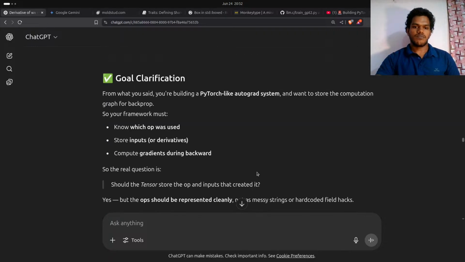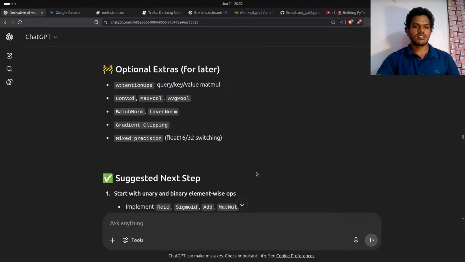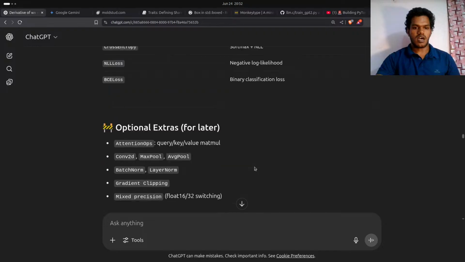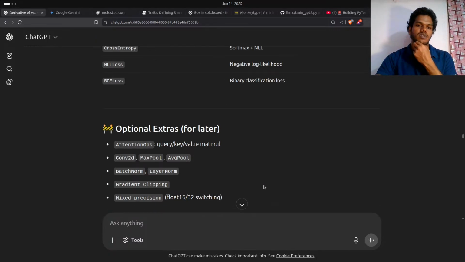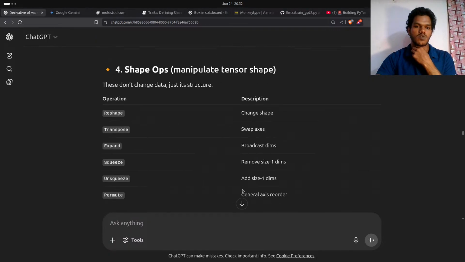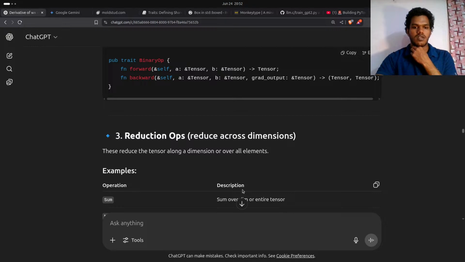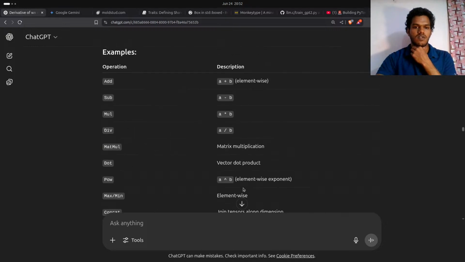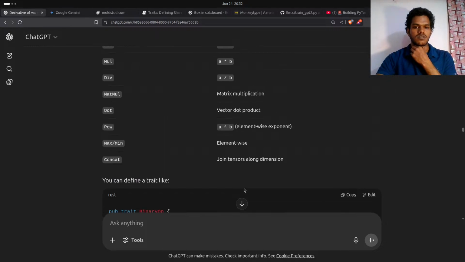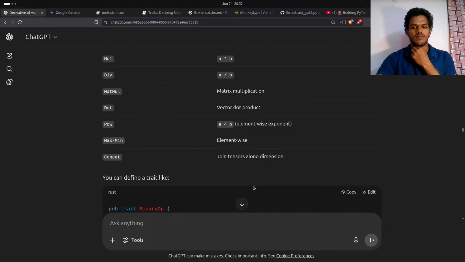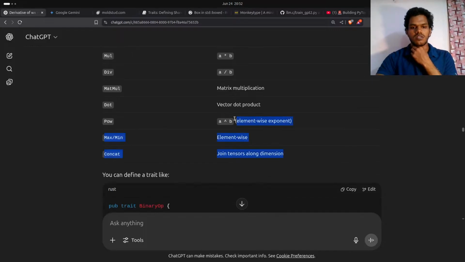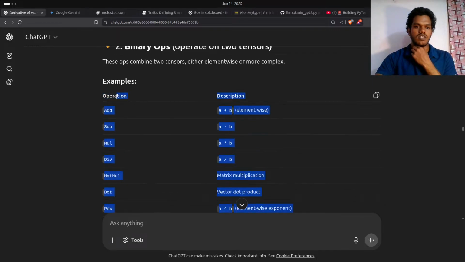And it gave me a nice list, which is optional attention, batch norm, layer norm, gradient clipping, mixed precision. These are the things we need to implement in the future, but for now,